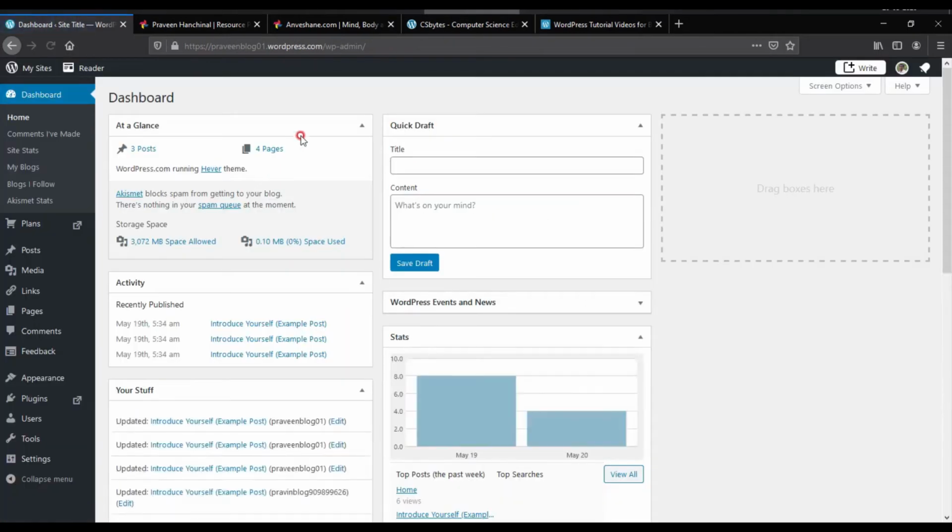So if everything works fine, you will see a page called dashboard. Remember, you should have the URL like provinblog01.wordpress.com/wp-admin. Once you are in the dashboard, it will show you the number of posts you have, a number of